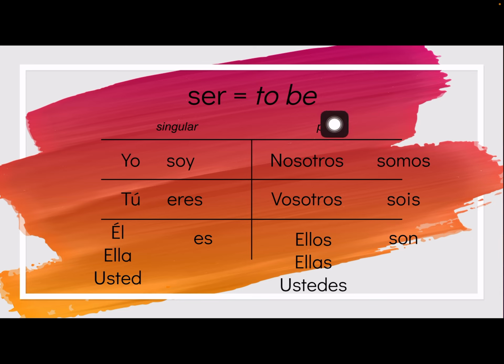Another important thing to think about is we also use es to describe things. So these are personal pronouns, these are people pronouns. But when we talk about like the table is big, we also use es, or son if it's like the tables are big. So we can also describe things that way. We just would not be using pronouns. We would be using the noun itself.